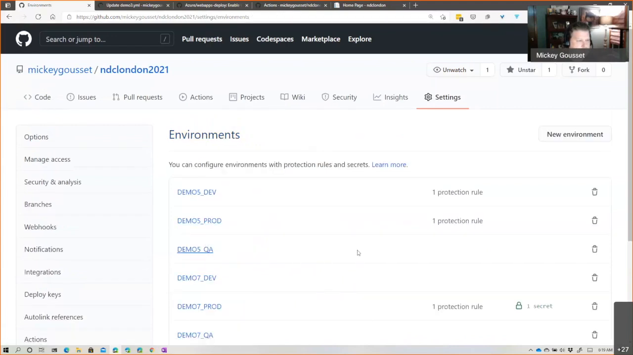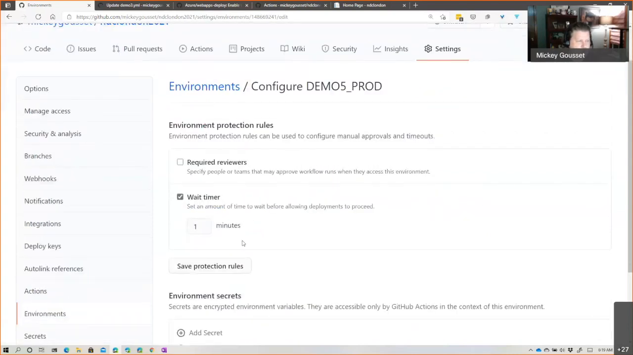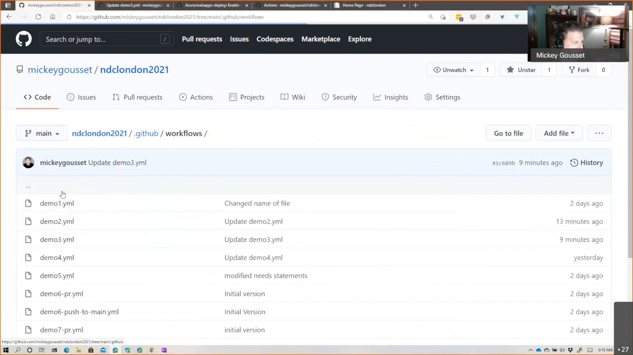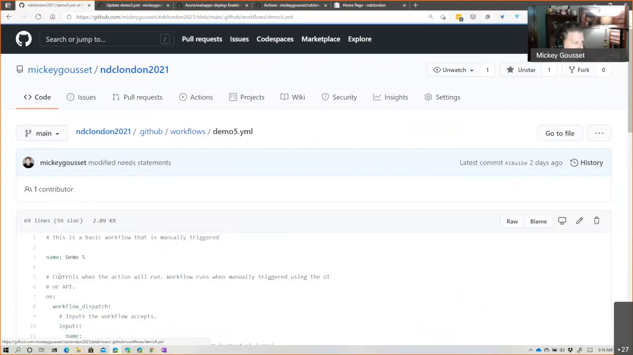For my key environment, you could say I haven't specified anything. And for my prod environment, all I've done is give it a wait state of 1 minute. So how do we actually access these environments in our code itself? So if we go look at the demo 5 code,